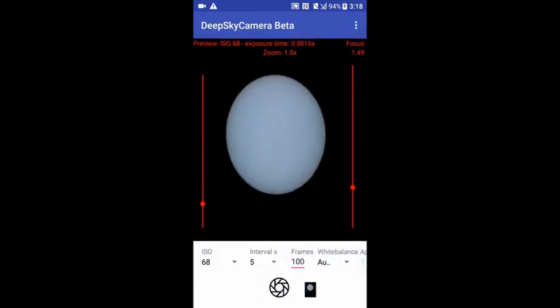So here we are. I don't need to center the sun. It's very close to the center of the eyepiece. So we can start our session. I'm pressing the shutter button, and that's it. Here we go. We are taking now 100 pictures of the sun,